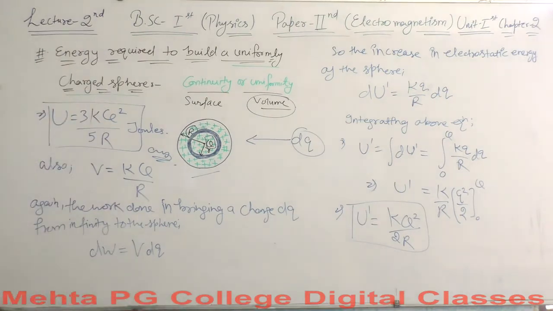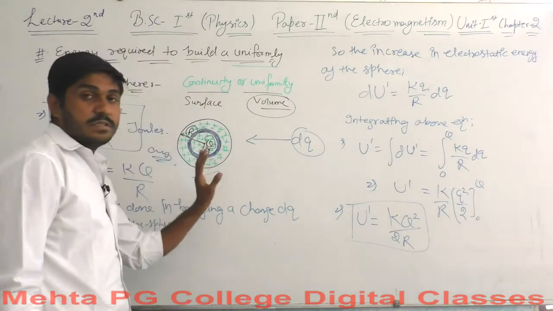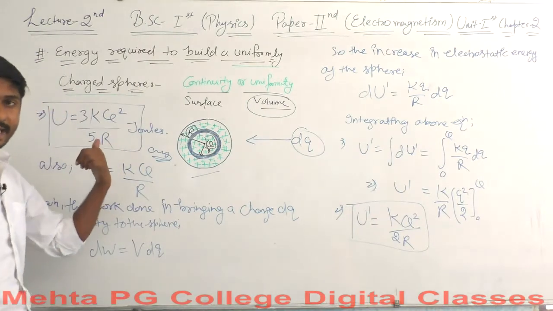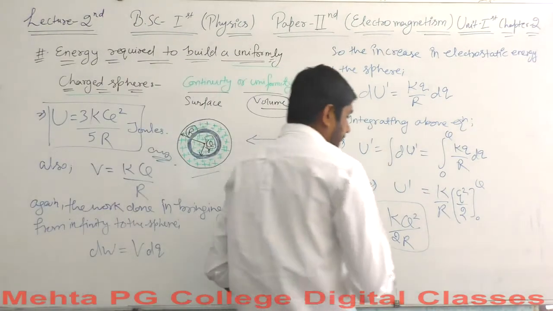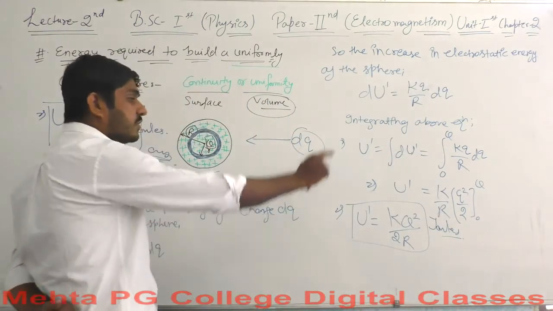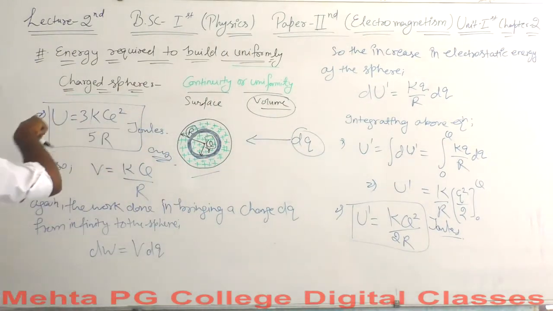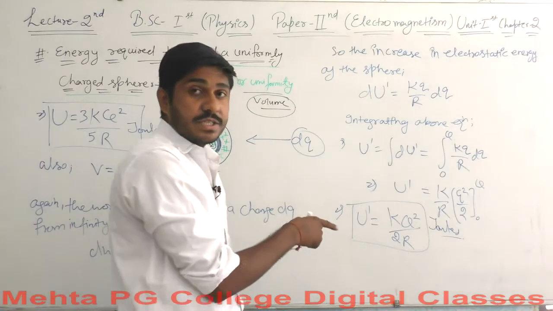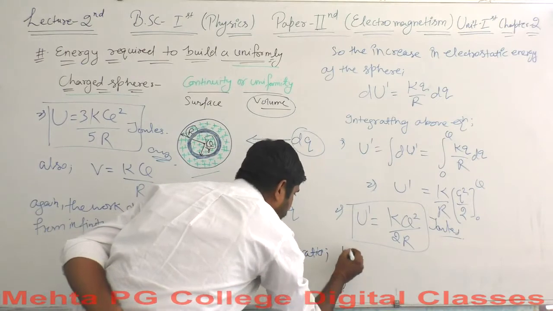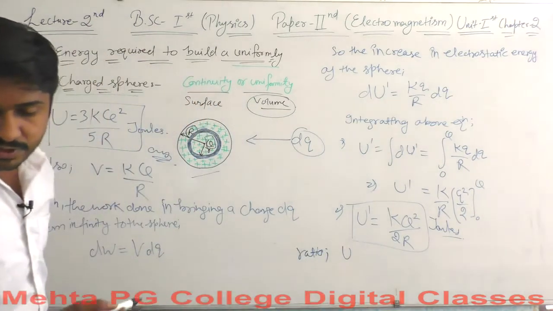Okay, so you will end up having this kind of result. So the ratio of the necessary energy to charge a conducting sphere of radius R. This is for the uniform charge. This is the initial energy, which is the required, exact energy, and this is the change in energy, and it again has the units of joules. So the ratio of the proper energy required to build the sphere plus the change in energy. What should be the ratio here? Ratio of U dash over U.